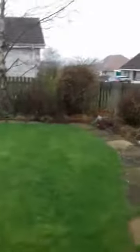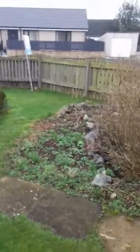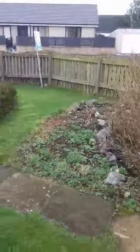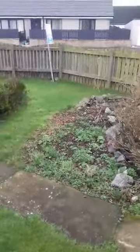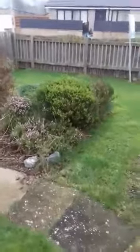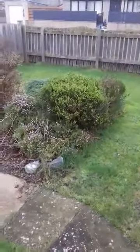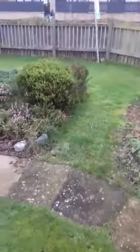This is the front garden, and in this section of the garden there was some work we started last year and hasn't been completed. This needs to be turned over and then levelled and put some new grass seed. The plan this year is to remove these heathers, which are fairly mature and have become a bit too large. I want that to be a sort of larger open green grassy area. As you can see, there's obviously a fair amount of weeding and some cutting back that needs to be done